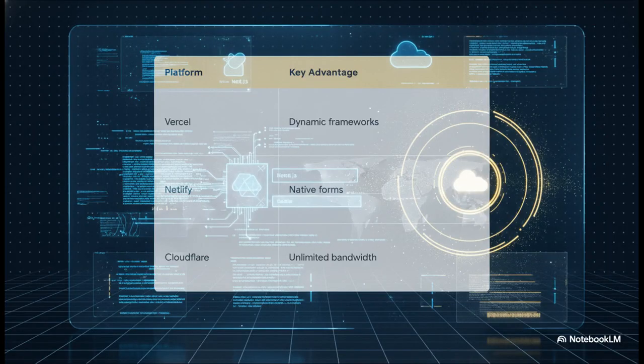Let's zoom out into the cloud infrastructure and look at the heavy lifters that actually host our files. We have three major players. Vercel completely dominates for highly dynamic, interactive web apps built on front-end frameworks like Next.js, offering instant preview deployments for every single code push. Then there's Netlify, which pioneered the modern static category, perfect for fast, pre-built websites, offering native form handling and automated integrations that make